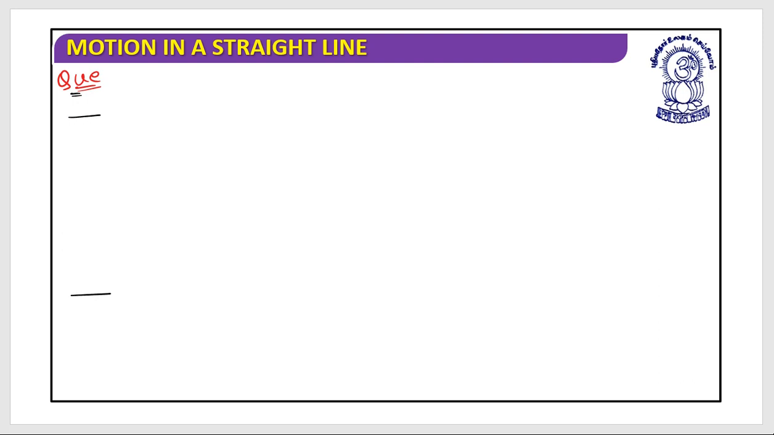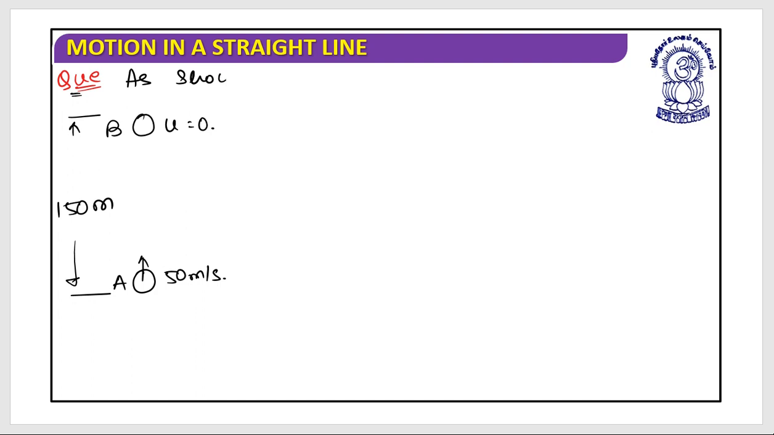What they said is that this is 150 meter, and they have thrown a certain ball from here at 50 meter per second. This is, let's say, ball A, and they have released ball B from here, u is equal to 0, and these two objects are on the same line. As shown in the diagram,